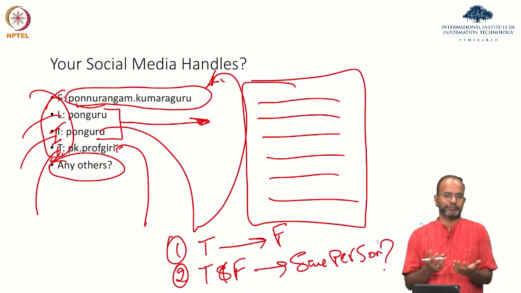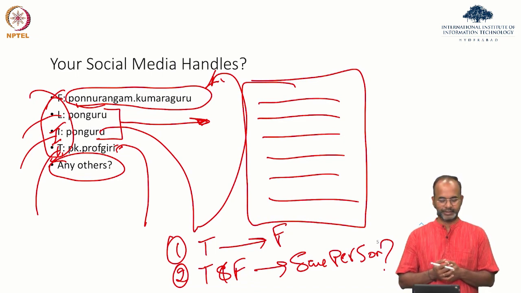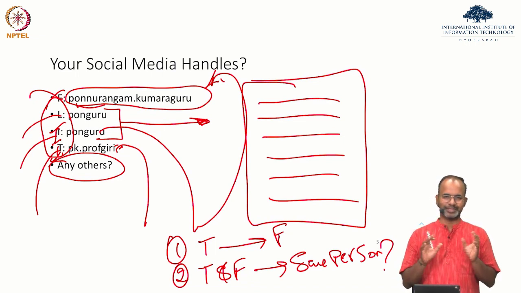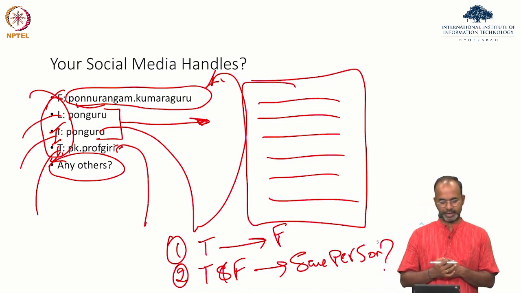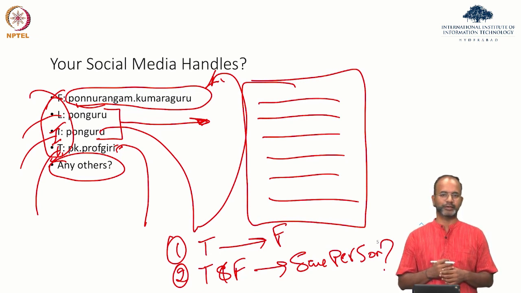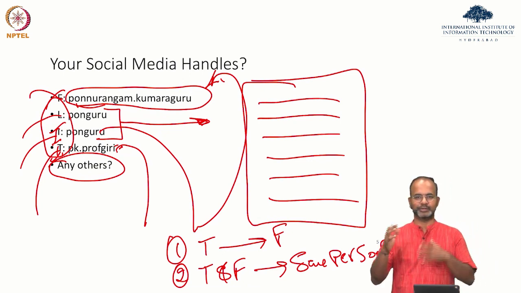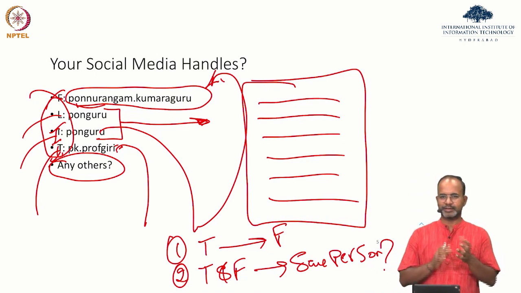And I'm sure many of you have handles which are like mine, where there is a lot of similarity between each and every profile. Ponnurangam Kumaraguru from Ponguru, there is this match. If you just do an edit distance of these two profiles, it is much larger. So you're able to find that many characters are overlapping. But if you look at my Insta handle and my Twitter handle, probably that is lesser. So similarly, I'm sure in your case, you're able to find out where there are similarities, where there are dissimilarities, where it is varying differently, and all of that.